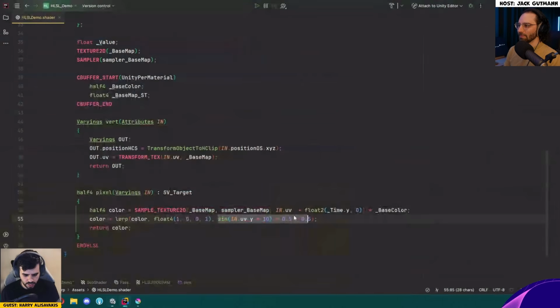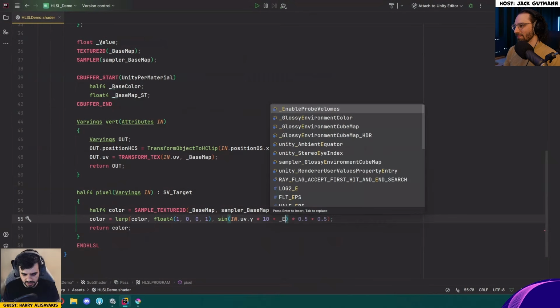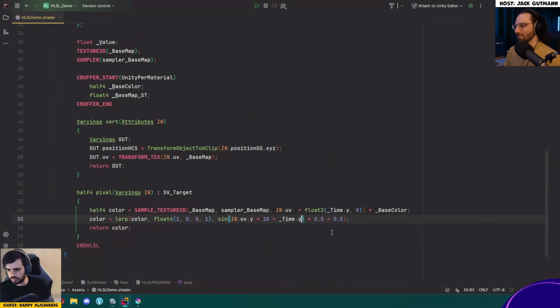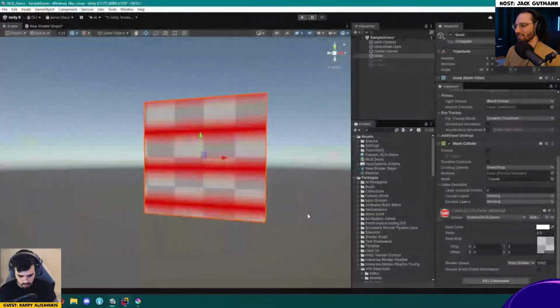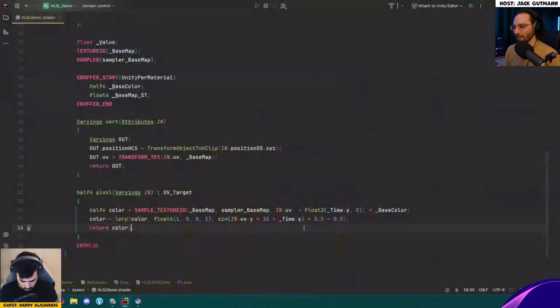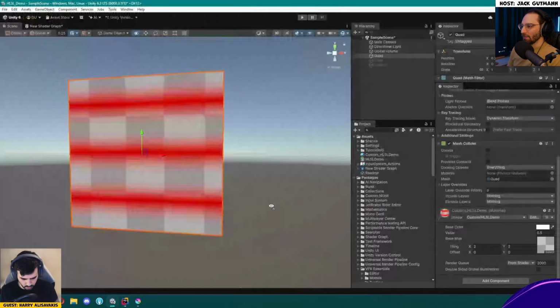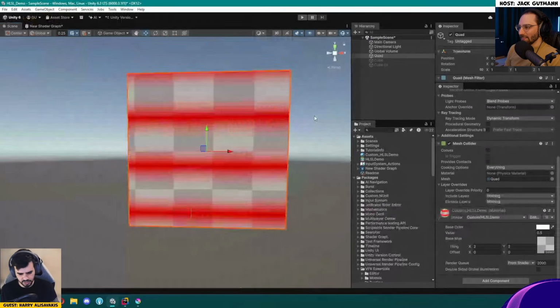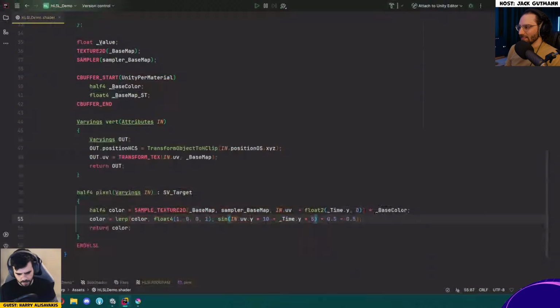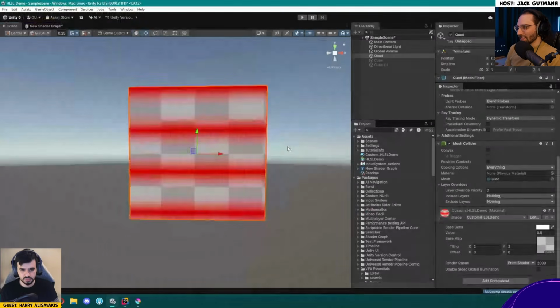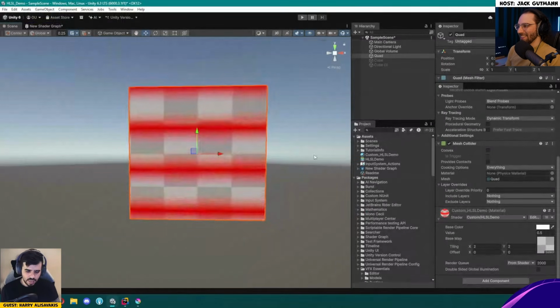Wow. Why not? And we can even animate that sine wave by adding time here again .y. Now it will go like an old TV, right? Scanning through it. Actually, yeah. Okay, yeah, it's pretty slow. So let's... Yeah. So now. Oh yeah. Like moving. Oh like yeah. A big